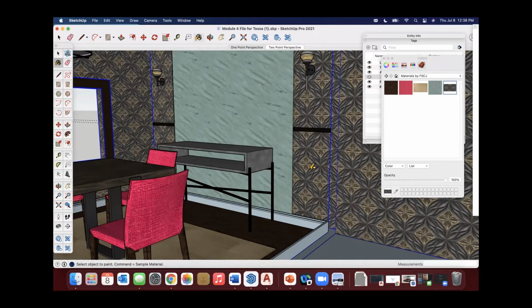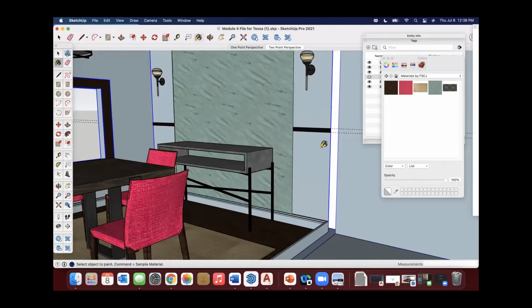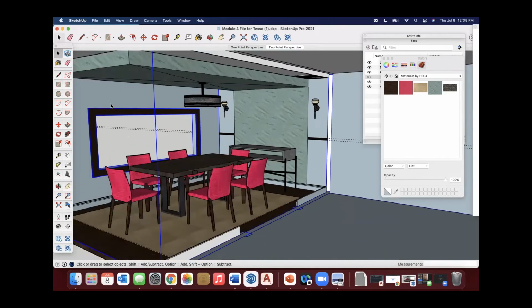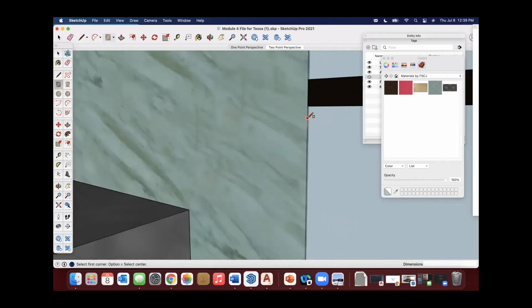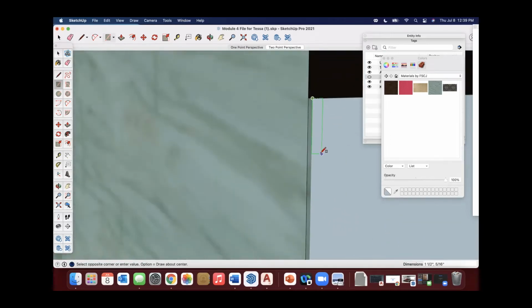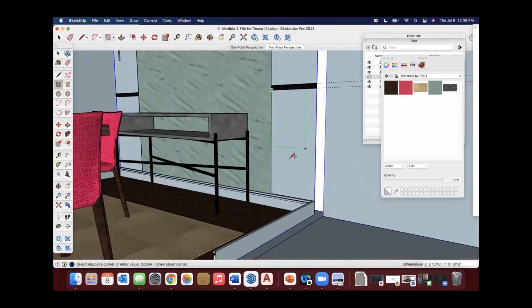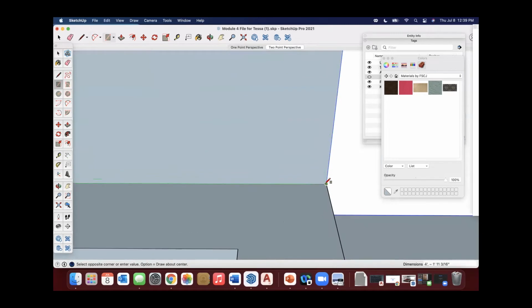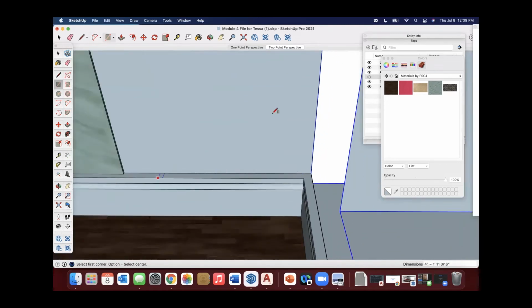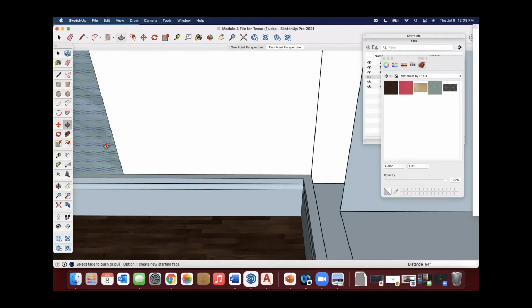But say we want to do it just on the lower half. Okay, so I'm going to Control Z to undo. If we remember, this wall is grouped. So if I need to do just this little area, just like I did with here, I need to go in and I need to draw a face. Whoops, I'm in the ceiling again. And I need to make that face have just, again, a little bit of thickness because we don't want flashing. I'm going to make it the same as my marble. And I'm going to apply my material.